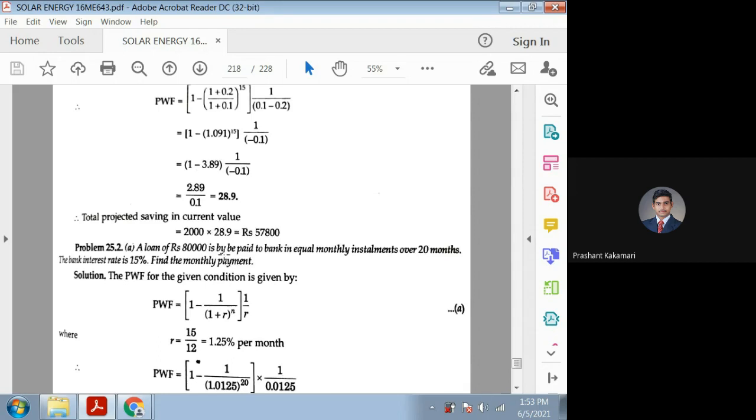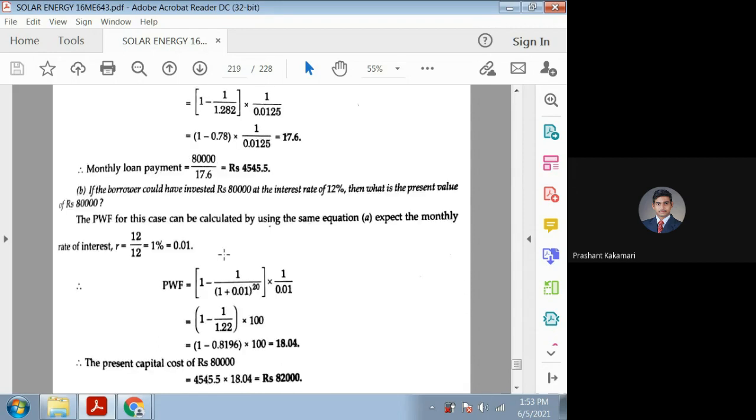Others, what he can do is he can take the loan, he can invest in such an application where the rate of return, with respect to the monthly EMIs, can overcome those monthly installments and he can earn his own money. So finally, the present worth of the capital, if you want to find out, is nothing but the spending or the